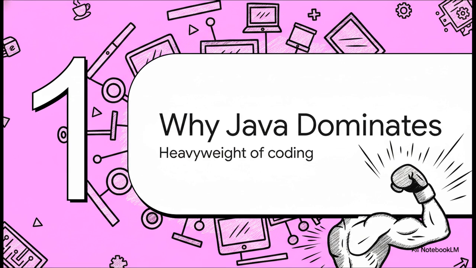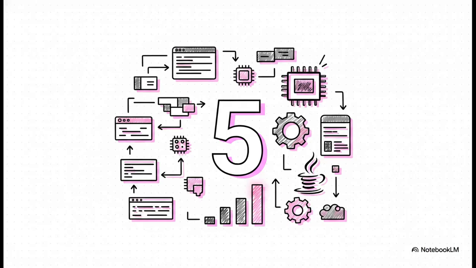The undisputed heavyweight of coding. Now, before we even look at a single line of code, we really need to understand the landscape. Why are we even talking about Java in the first place? Well, if you look at literally any major programming index, those lists that track the most popular coding languages out there, you are consistently going to find Java sitting right there in the top 5. Actually, depending on the exact year or month, it's frequently sitting pretty at number 1 or number 4. Decades after it was created, it just refuses to leave that top tier.